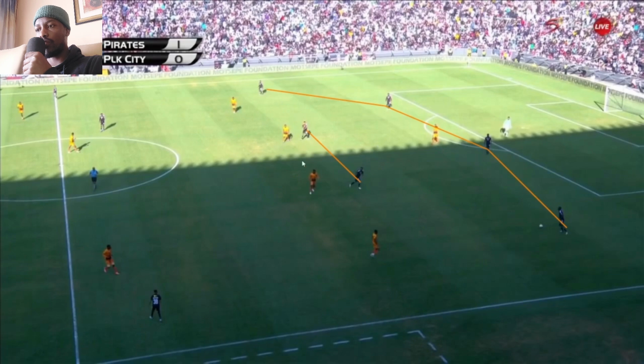1, 2, 3, 4, 5. It's 5 against 6, so they still have an extra man. They can still progress the play because they have an extra player in the build-up. And what's interesting with this build-up is that we still have Tito Maswanganyi operating as a 10, but what you